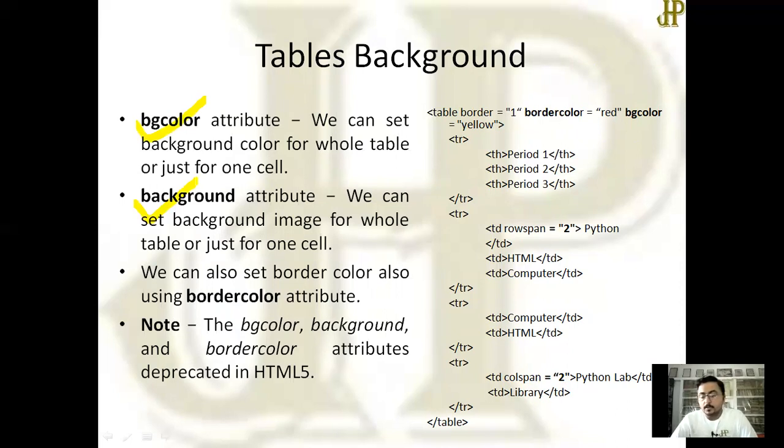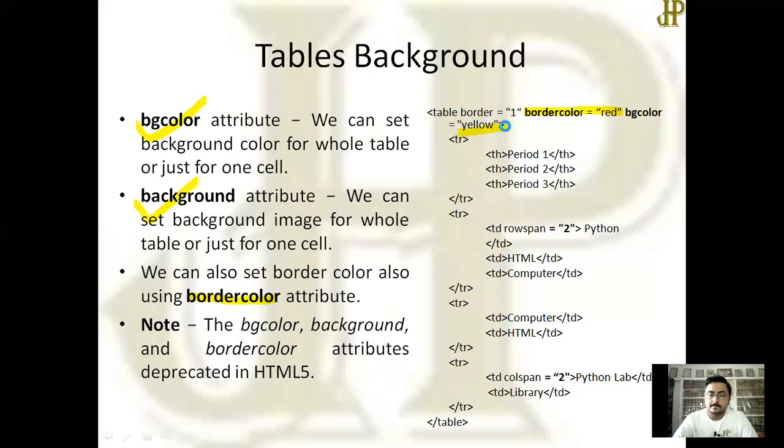The same attributes are here in the table. Clear? And the third one is border color. You can also change the color of the border with the help of the bordercolor attribute. But nowadays in HTML5, these are deprecated. You can achieve these properties with the help of CSS. So here I have given bordercolor equal to red and bgcolor equal to yellow.